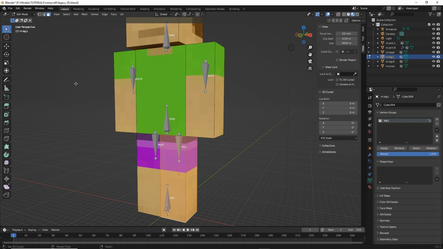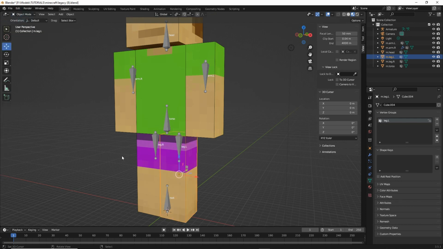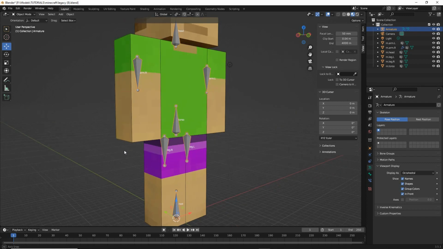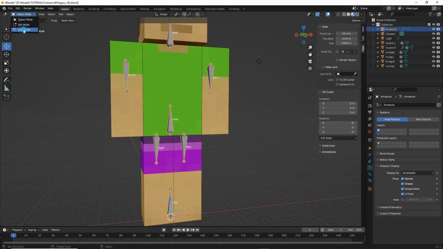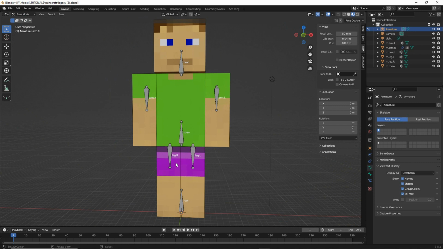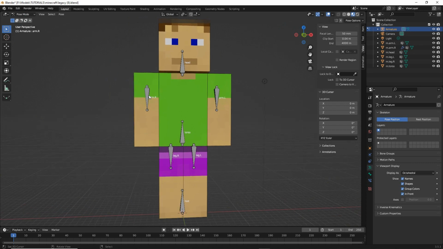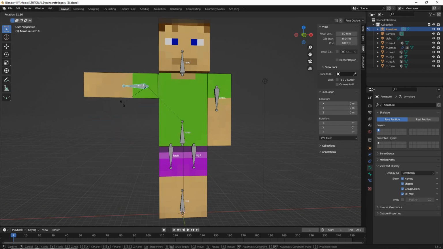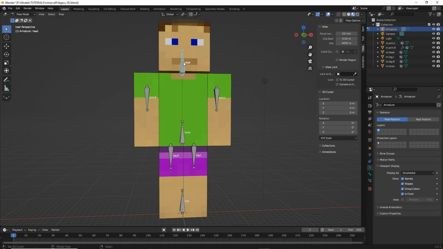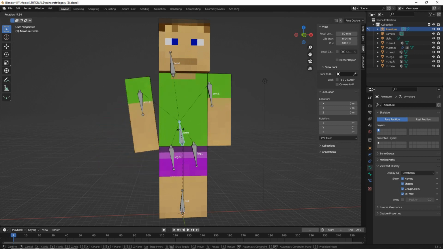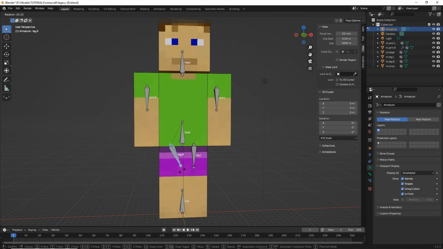So what we should find now, select our armature, pose mode, is that all the elements are controlled by their respective bones. So select the bone, press the R key for rotate. R key, we forgot to do that one, head, and that one, torso, and that one, and that one, and that one, because what we've forgotten to do